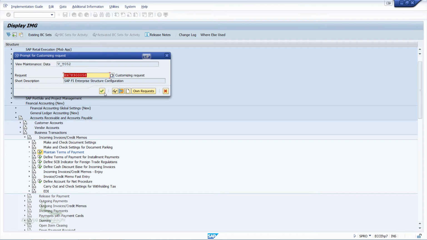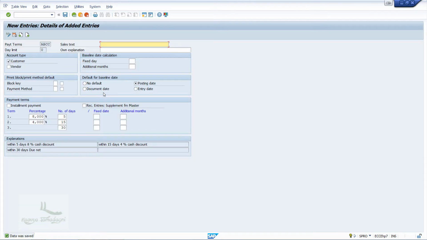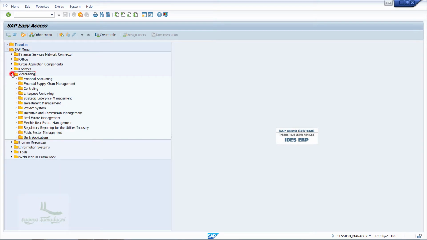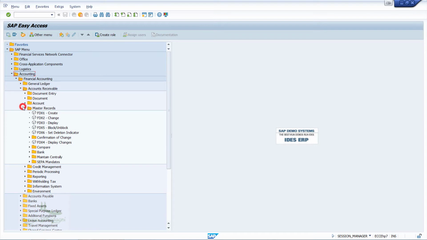The next configuration is all about assigning the terms of payment to the customer master data. Here, I'll enter /n in the command field and press enter. This will take me to the SAP Easy Access screen. From here, I'll go to accounting, financial accounting, account receivables, master data, and then double click on change.